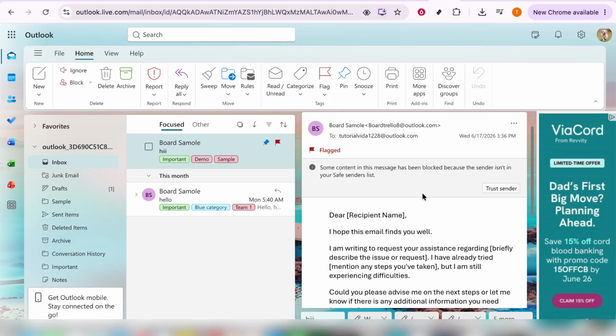Once you confirm the prompts, Outlook will apply the sweep action for that sender. This can immediately reduce inbox clutter and make it easier to focus on the messages that matter most. If needed, you can always review your folders afterward to make sure the emails were moved as expected. Sweep is especially useful for recurring messages that you don't need to keep in your main inbox, and it's a simple tool to learn once you've used it a couple of times. With just a few clicks, you can create a cleaner and more organized